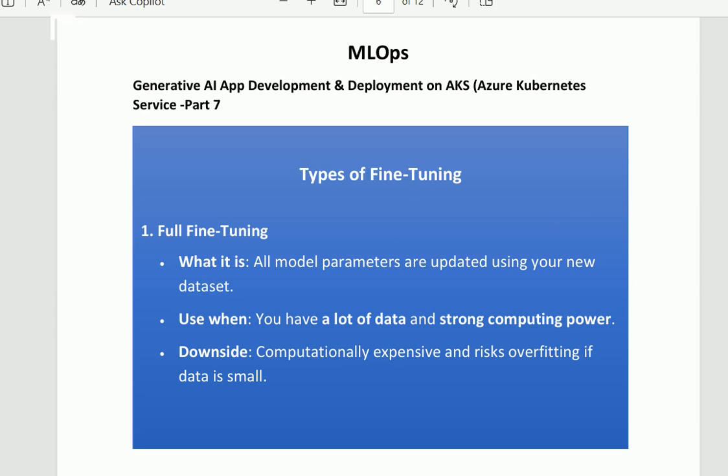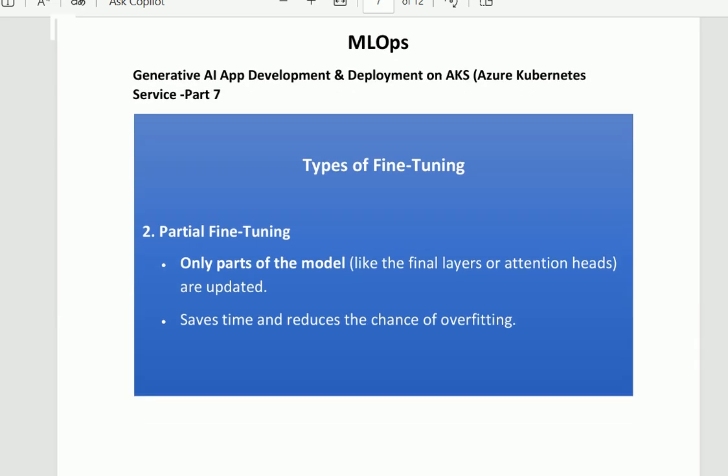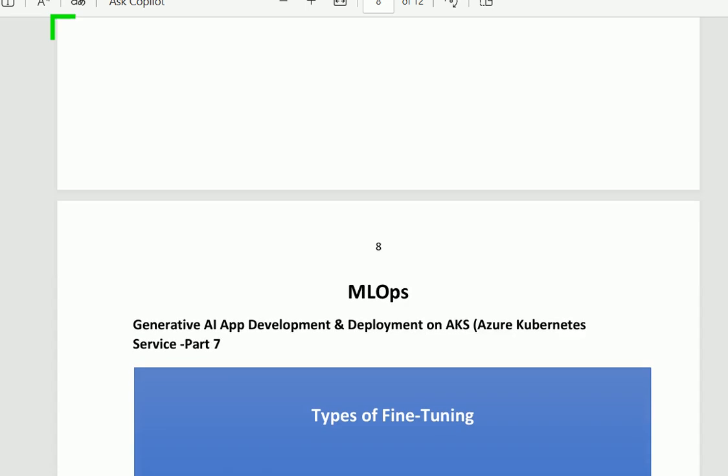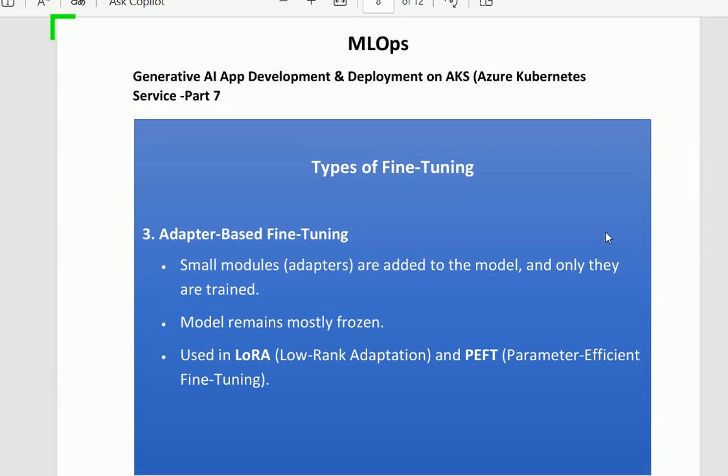The next one is partial fine-tuning. The first one was the full and the next is the partial. Only part of the model, like the final layers or the attention heads, is updated. It saves time and reduces the chance of overfitting. The third fine-tuning type is adapter-based fine-tuning.